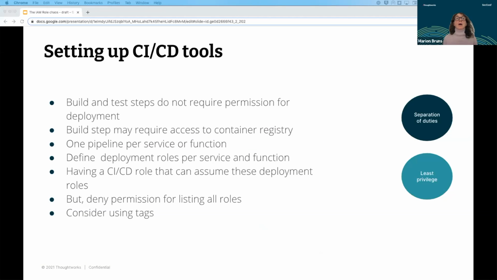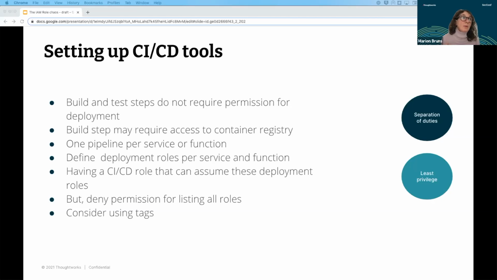Now, here are some measures you may undertake to make your infrastructure pipeline and your respective tool safer. First of all, before you start, consider that not all steps need the full permission for deployment.